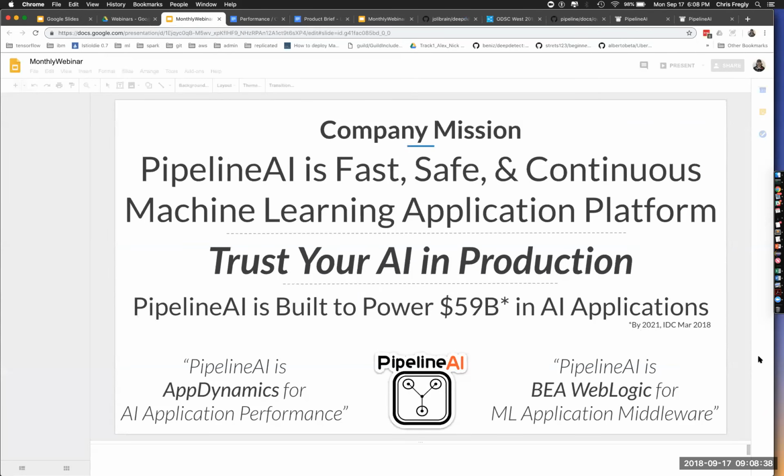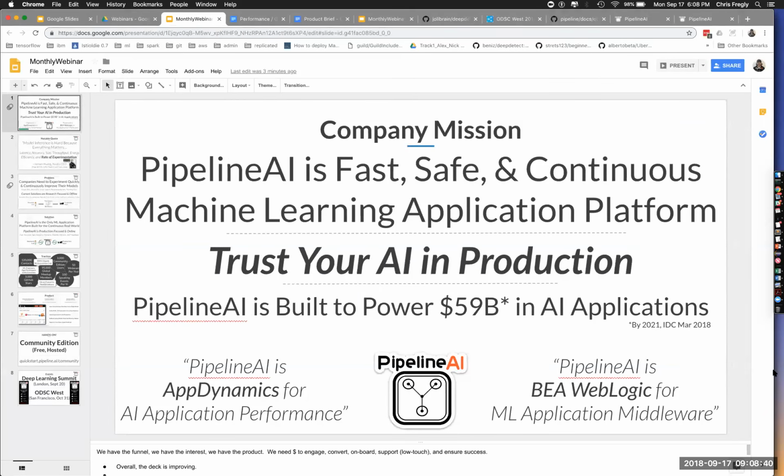So one slogan that we've latched onto here is trust your AI in production. This is really that safe feeling of putting your ML out and being able to canary test your models. And we can generate hundreds of variations of your model by combining runtime performance enhancements with model enhancements.